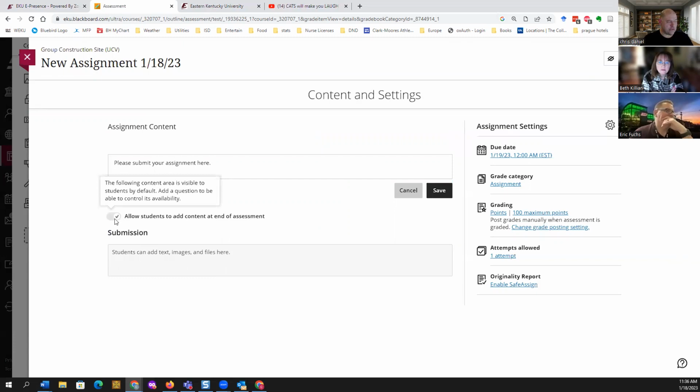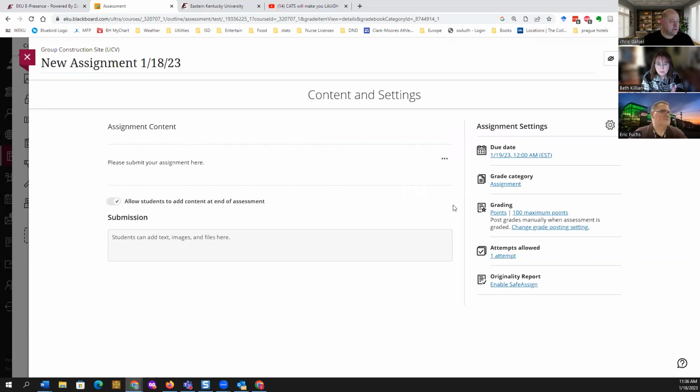By default, students are allowed to add content, which can be an attachment. You just hit save after you've given some sort of directions and then set your due date.